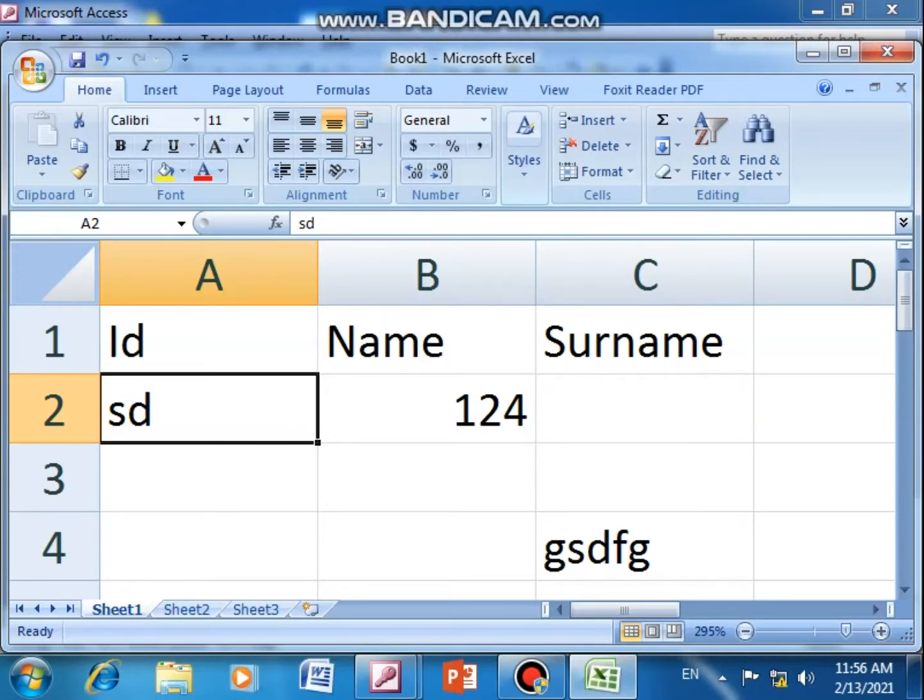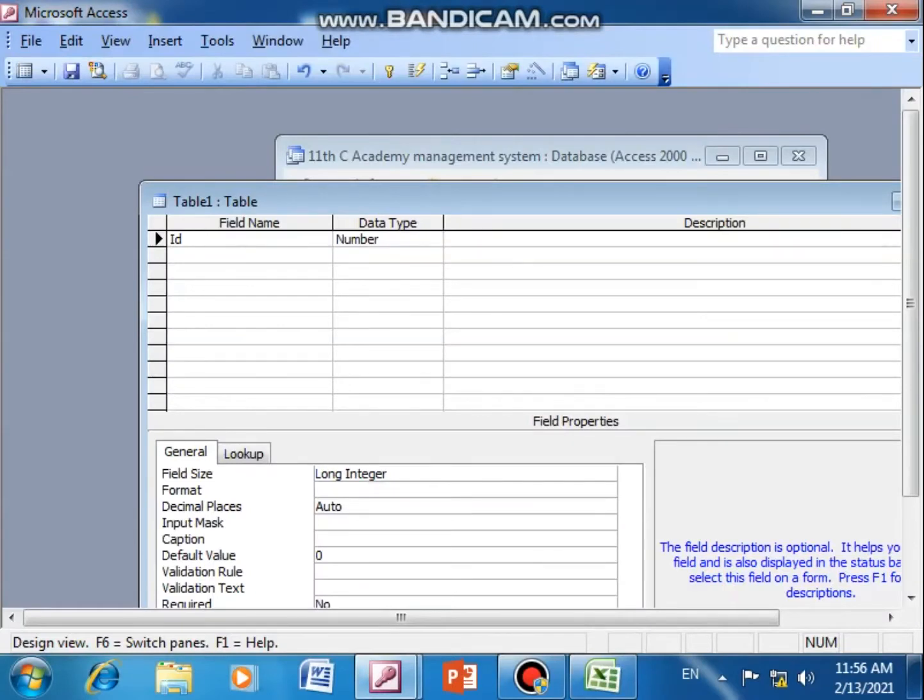So to restrict all these things, data types are provided. Now I hope you understood the importance of data type. To give the proper validation, data types are provided. Fine. Then another thing I would like to bring to your notice is that here it is showing me field properties. That means if I have taken number data type, then the field property is this: long integer, auto. This I will explain later on, but these are the field properties.